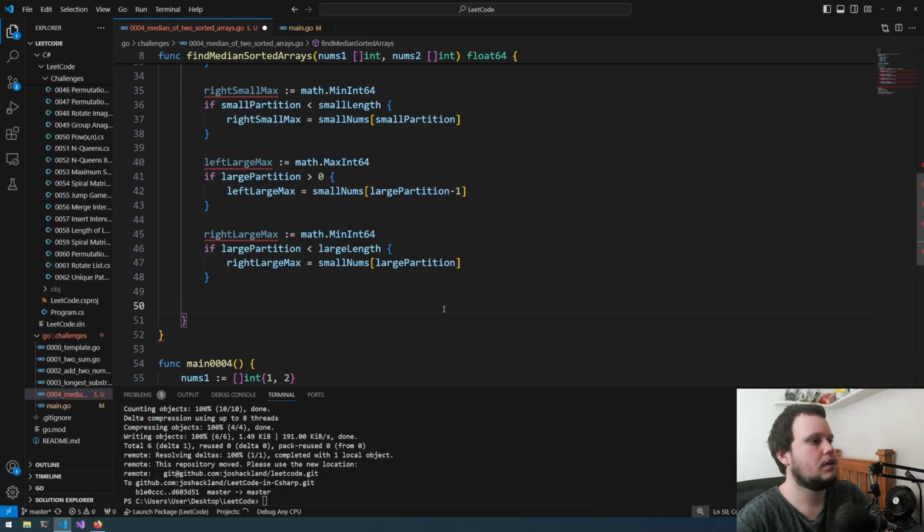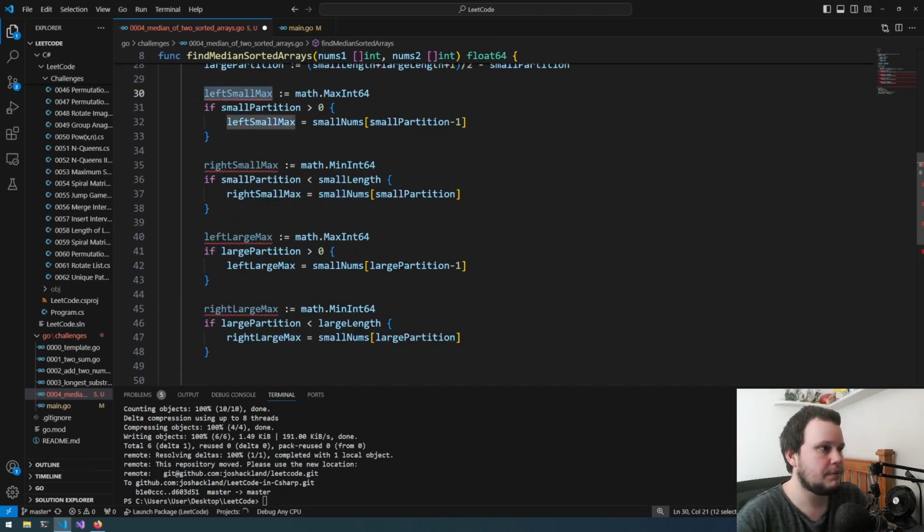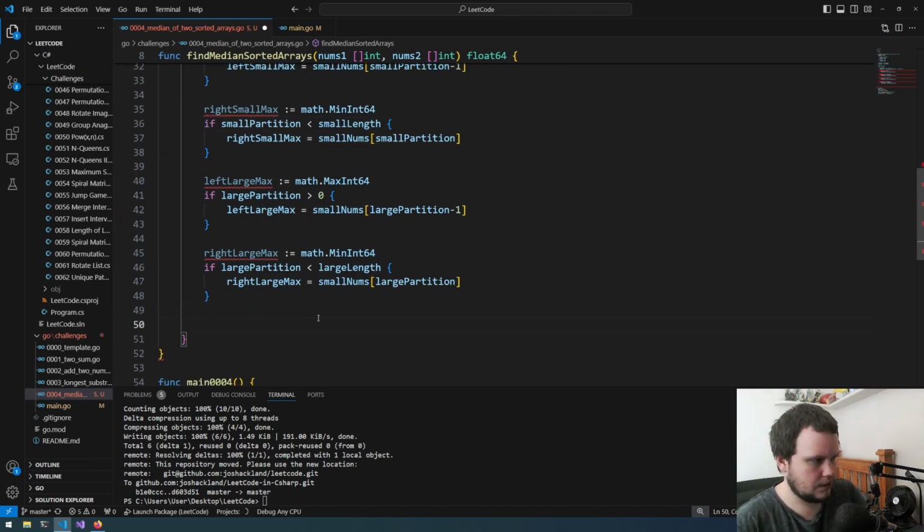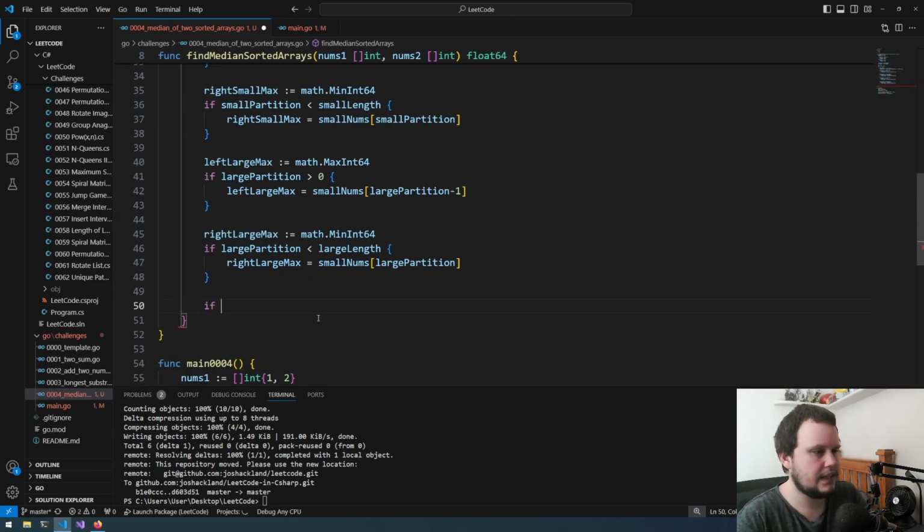So we've now got all the numbers from it, and now we need to check to see if the partitions that we originally created are valid, in that the numbers we've taken from the indexes are actually the median numbers. So we now need to do a check to see if that's the case. So we'll start with left small max. This needs to be less than or equal to